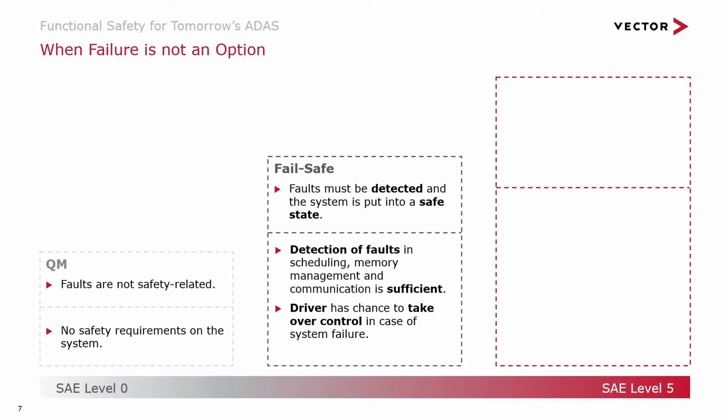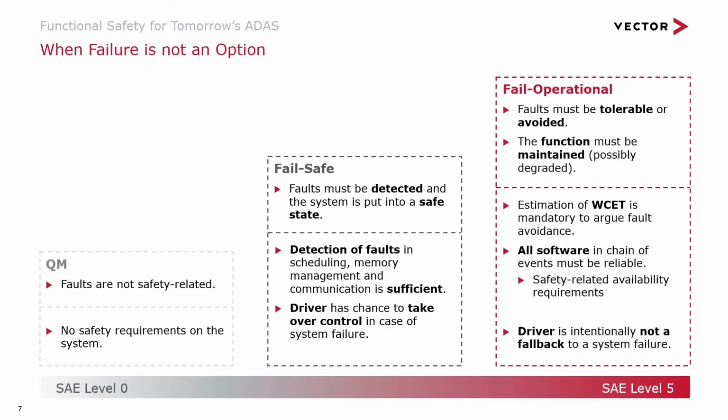Now, with autonomous driving systems and ADAS systems, as soon as we take the driver out of the loop and we can't rely on falling back on the driver anymore, and this especially means the higher SAE driving levels, then we need a more robust level of rigor. And this is what we term fail operational software. Fail operational software goes well above and beyond our normal fail-safe software,